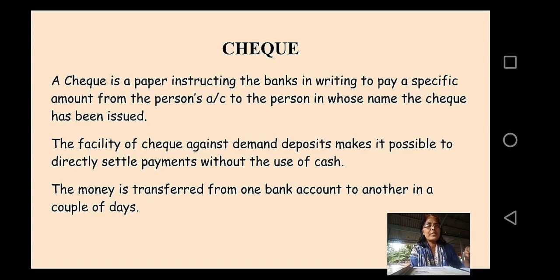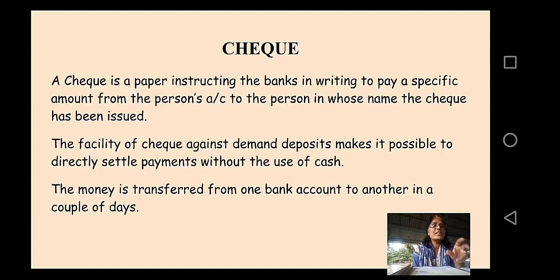The person to whom I have written the check, in whose name it is written, also has to sign at the back of the check leaf. At the back of the check leaf, two individuals have to sign. Since I am giving the check leaf to Mr. A, obviously my signature will be on the front side of the check leaf as well as at the back. Now, when he is going to the bank to complete the transaction, he has to sign in the presence of the banker. That's how the transaction is complete.